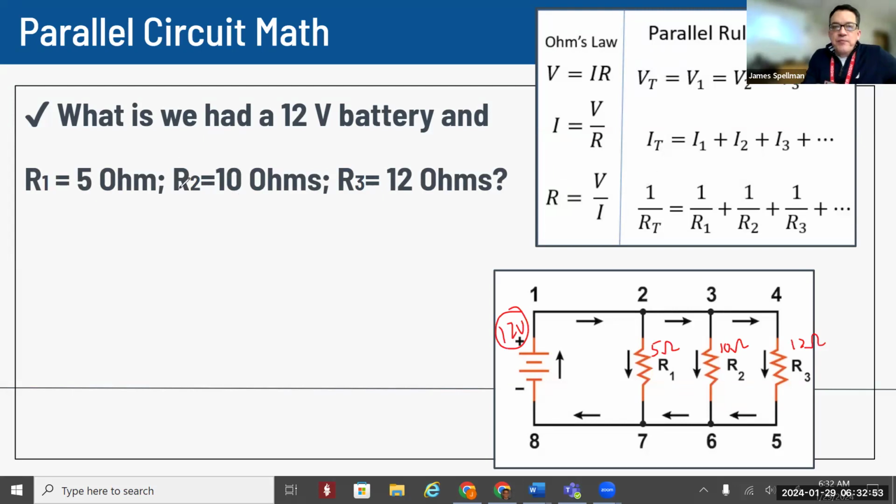Okay. We kind of want to end up making a chart for all of this because we have to use little subscripts down here to kind of keep it together. So we've got the total resistance, we've got the total current, and we've got the total voltage. And so we also need to do the same thing for each branch. So I'm going to write all these things down too. So I've got an R1. And again, if you're taking notes, you should probably be writing all this down